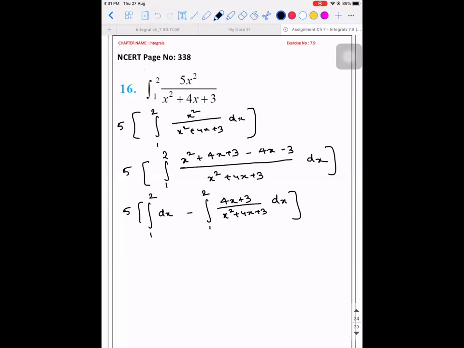Now what are we supposed to do? Linear by quadratic. Here you have to solve this. Here you will get the answer directly. 2 minus 1, it is going to be 1. Minus this part, again I am leaving it to you. That will be lengthy. There is no big logic to be discussed. That is why I am leaving it to you. You can try it.